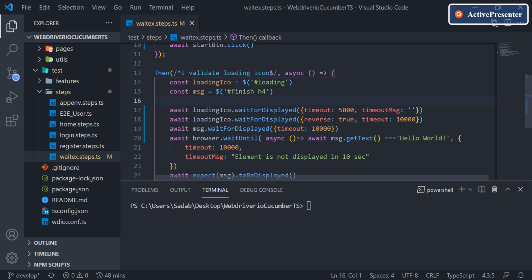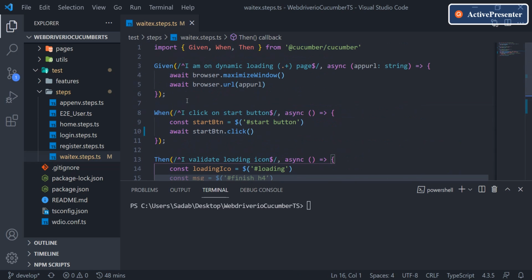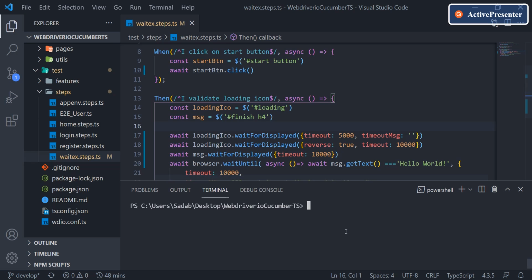So now if you need to chain three commands simultaneously, you don't have to write three awaits. One single await will suffice for everything. Now let's try whether what I have changed here is working fine or not, and then we'll start implementing it everywhere else that we have written in this way. So let's try to run this first.